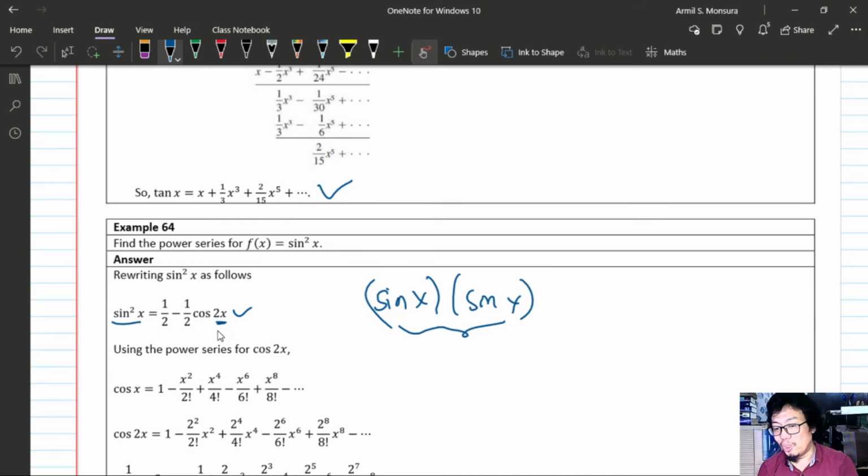So as much as possible, you avoid powers for your trigonometric function. But if that is not possible, then you can proceed as in this one. But here, an easier way to do this is to write this in terms